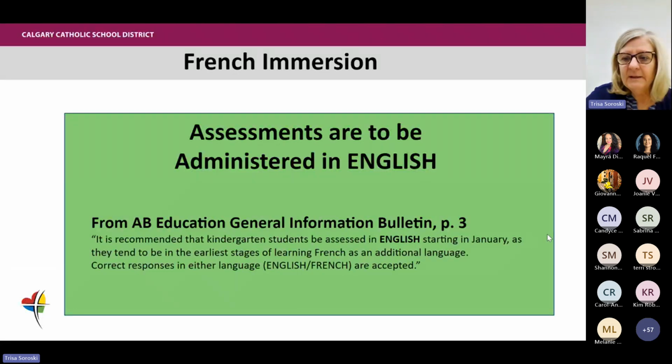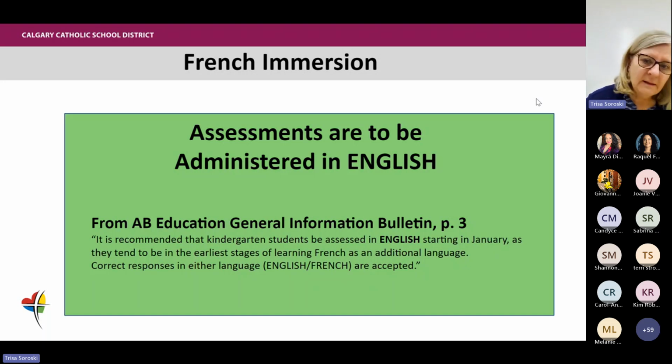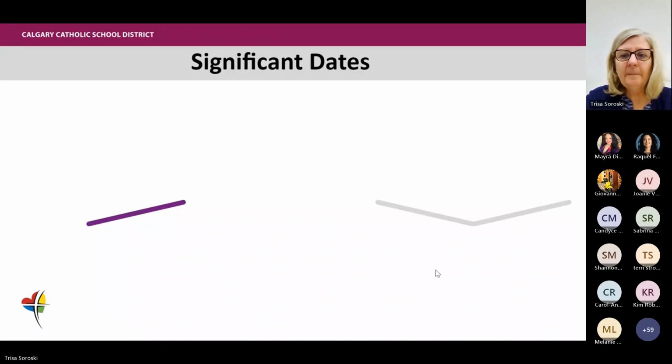And again, this is part of our instructions that come straight from Alberta Education, that kindergarten students be assessed in English, as the earliest stages of learning in French are still very new to them. You could accept their responses in either language, however. So you assess in English, but you can accept both an English or French response from your students.